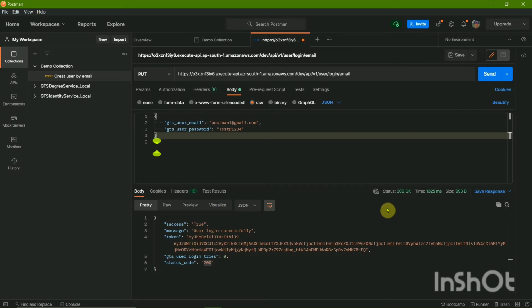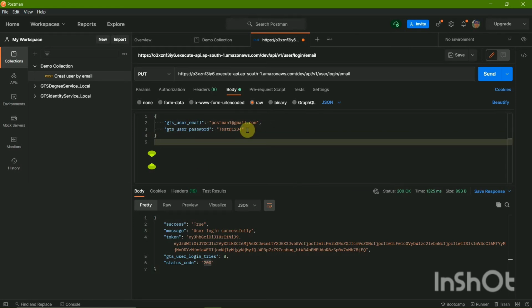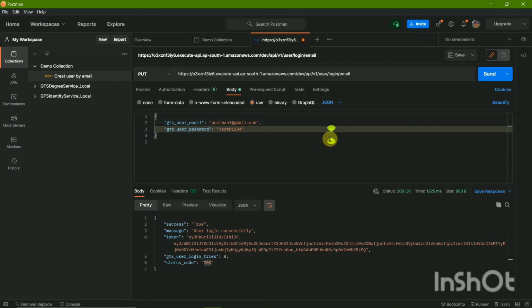Basically token works like an identity card of the user, which would allow the user to perform certain functions like creating a new degree, creating a new function, or many other things. So in simple words, token is like an identity card.